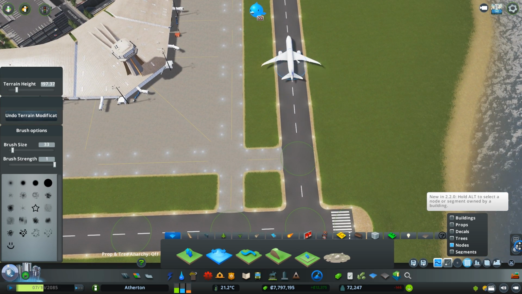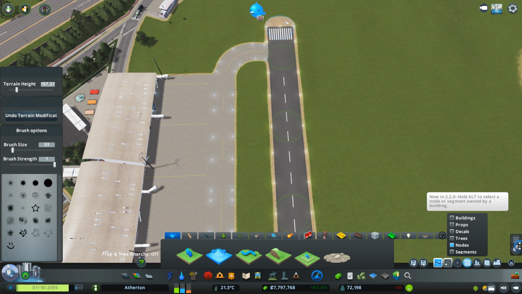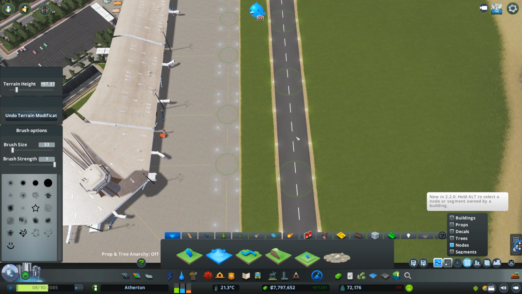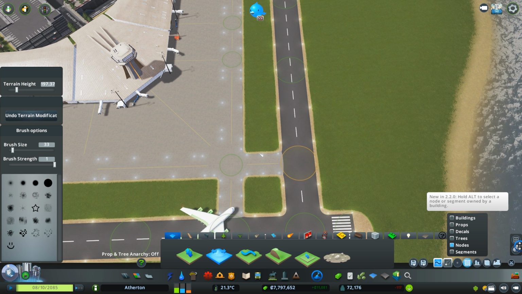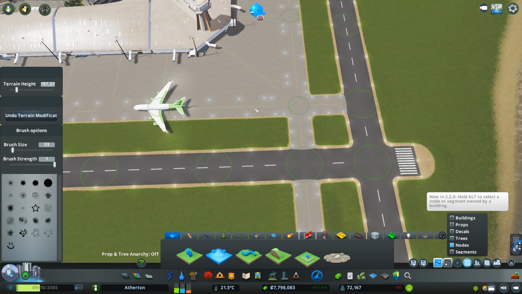I'm going to basically just level out the entire runway and probably all the taxiway too, if I can get it. And then the whole airport. Basically just have to select everything. Now, I will level it to... I hope there's none there. I don't think there is. I will level it to...